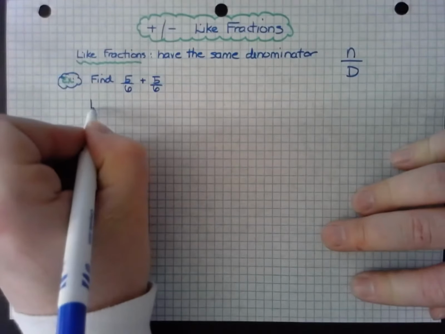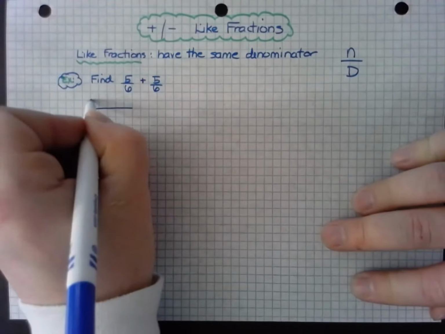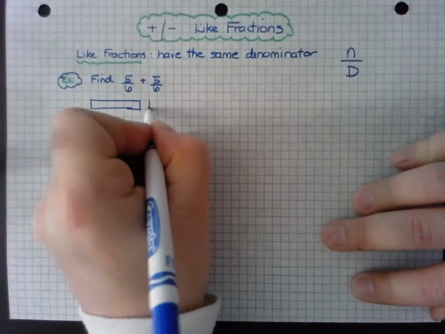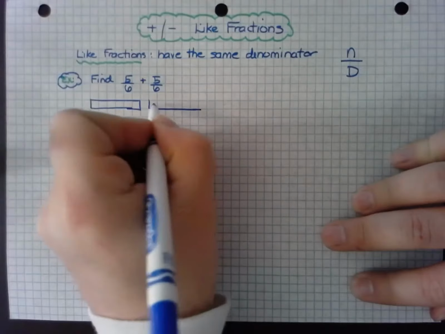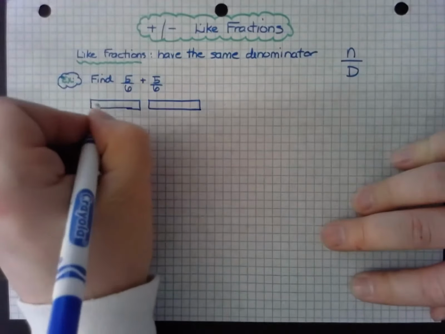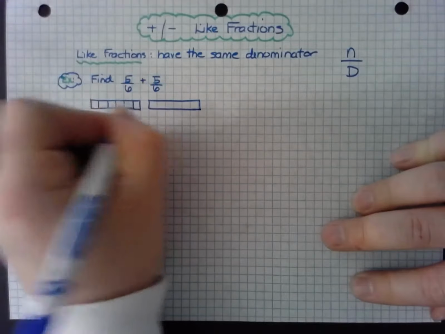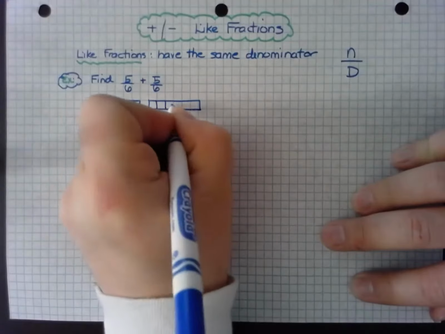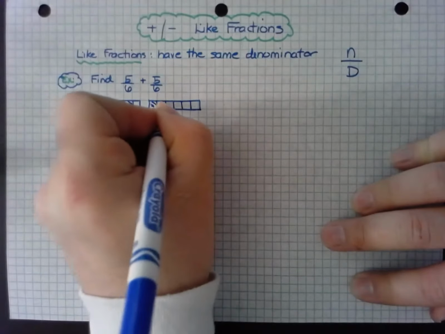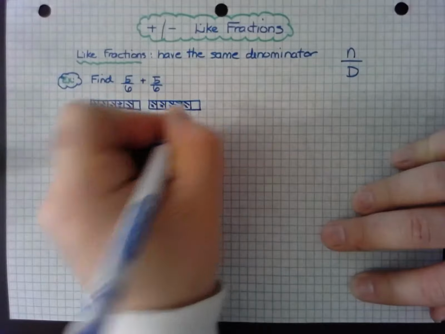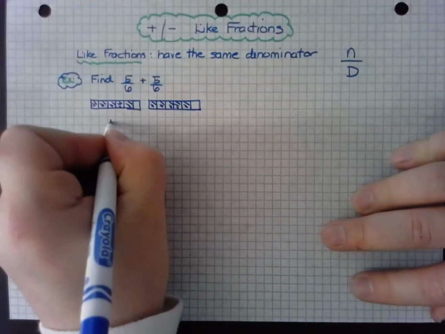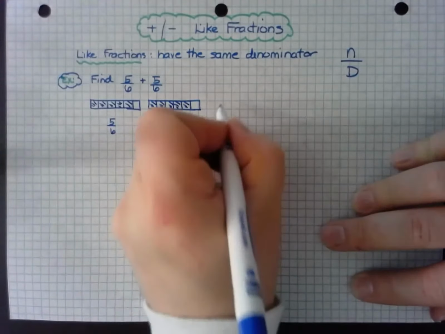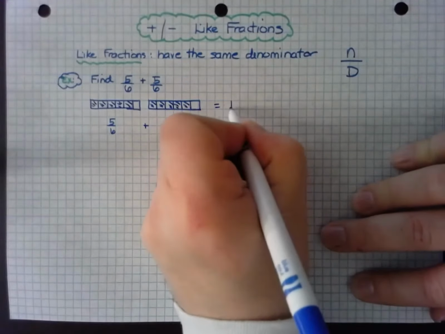Using models that we've done in the past few years, and I'm using the graph paper to lay out my fraction bars. I have to add 5 of these pieces to 5 of these pieces. Okay. So 5/6 plus 5/6. And so if I put that together, I will end up getting